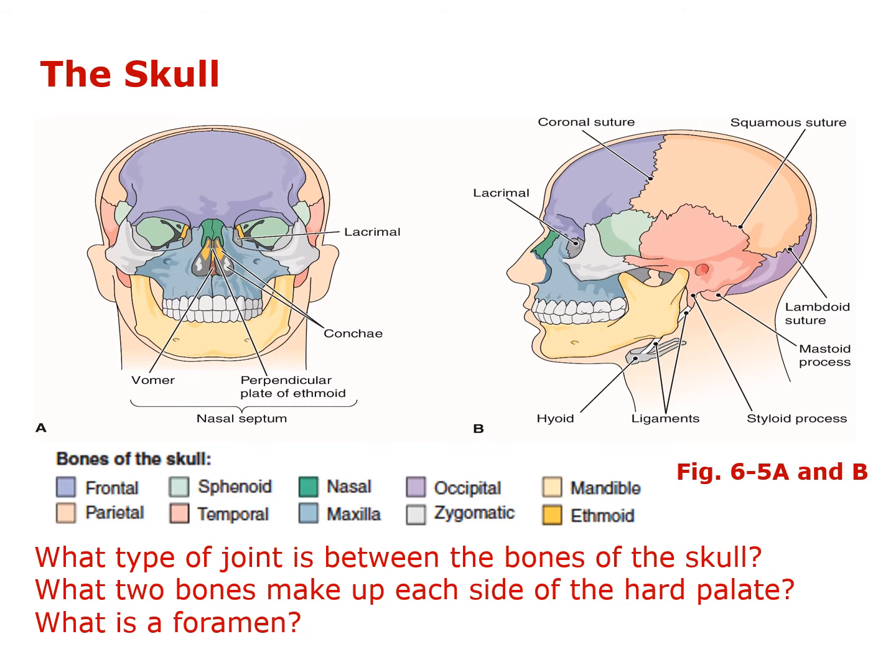We also have the maxilla, the mandible, the zygomatics. There's the frontal bone. This is the sphenoid bone, the temporal bone, the parietal bone, the occipital bone, and all these little squiggly lines